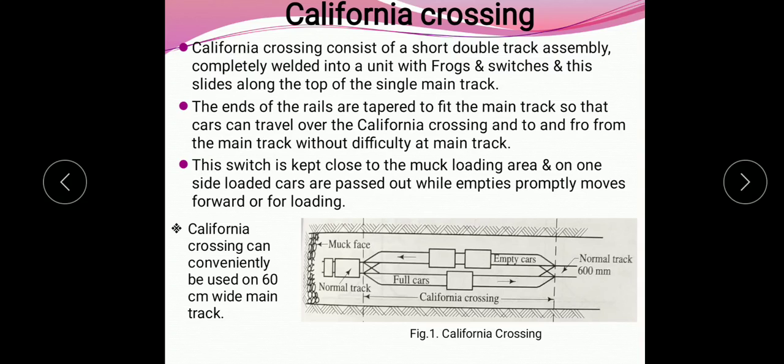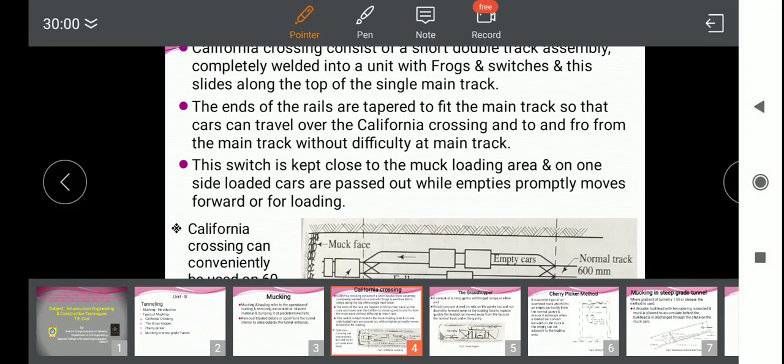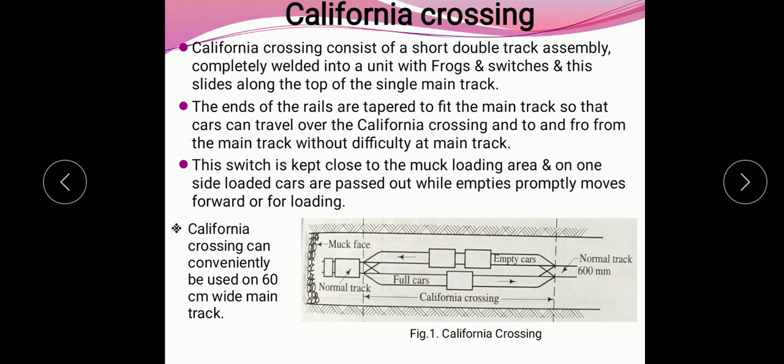Here figure 1 shows the California crossing, which consists of a short double track assembly. Here we can see this is a short double track assembly. This is one track and this is another track. And this assembly is completely welded into a unit with frogs and switches.